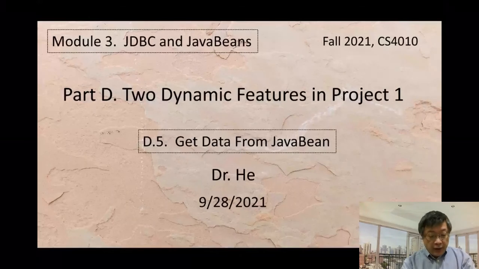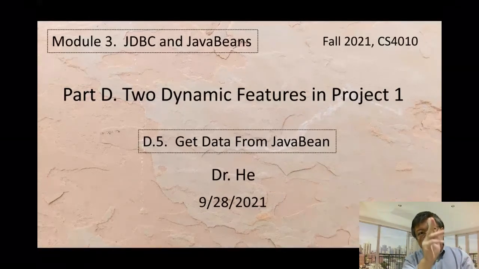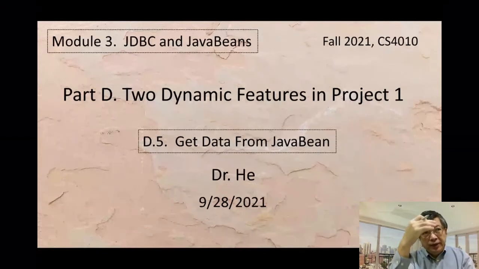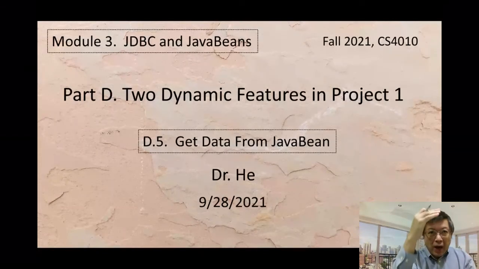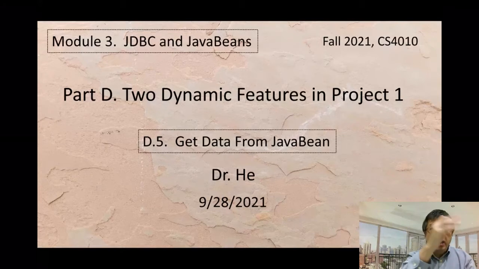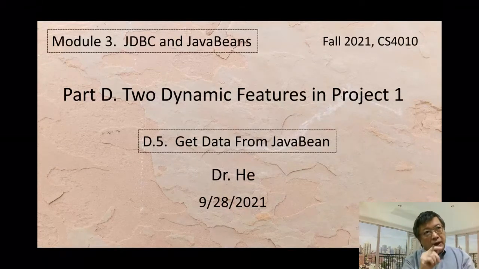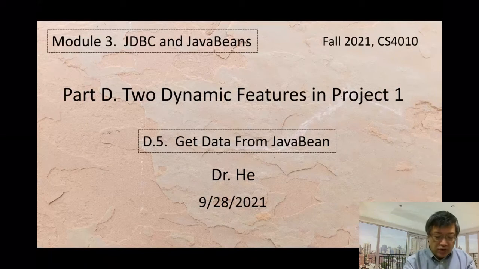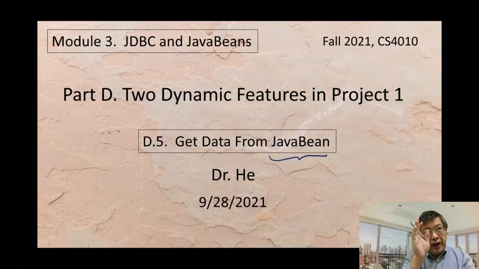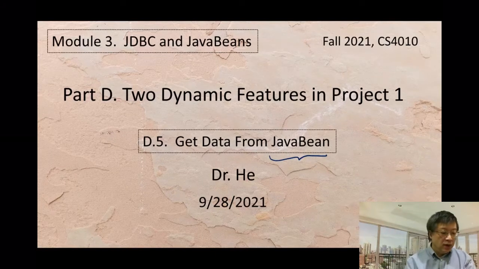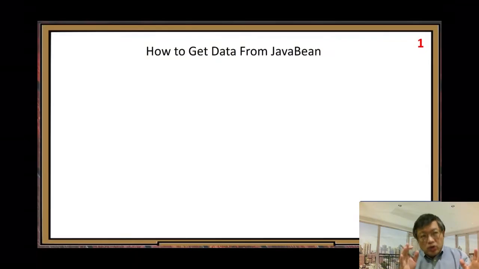About D.5, get data from JavaBean. We have two different ways to calculate the number of rows of our problem table. In this one, we look at the first way, from JavaBean. In the next video, we will use the way we get data from Java Servlet. All right. So for this way, the method we are going to use